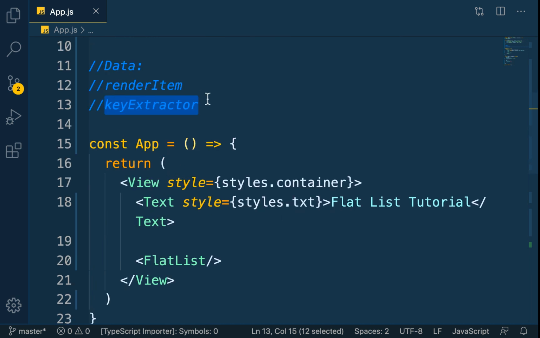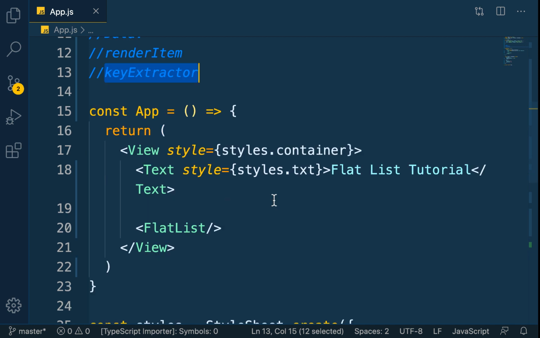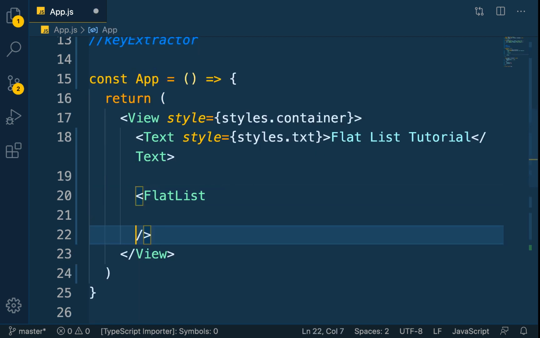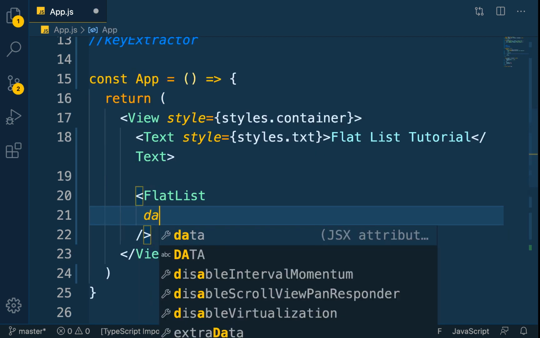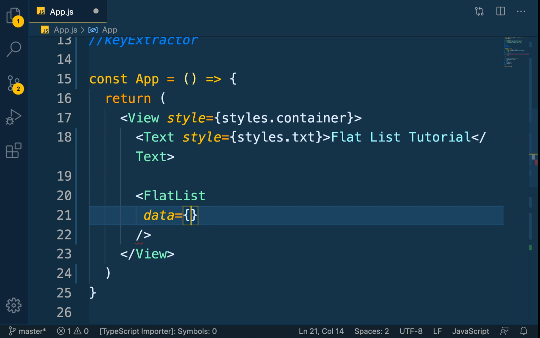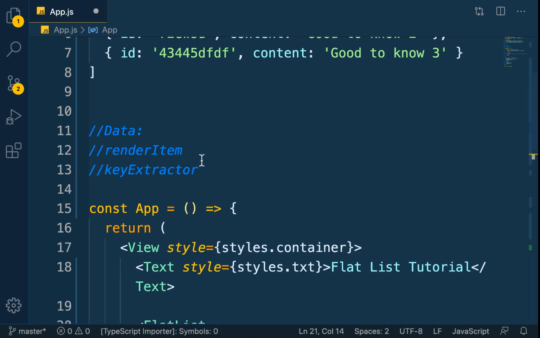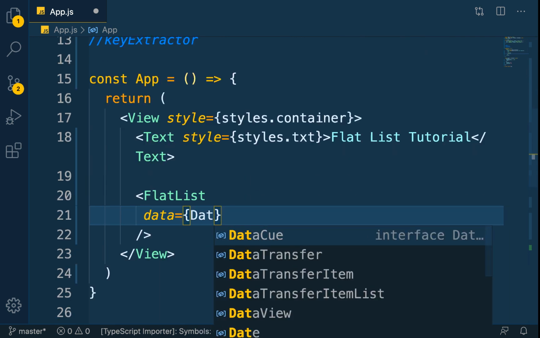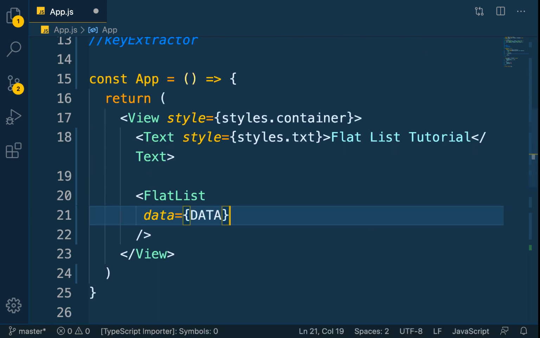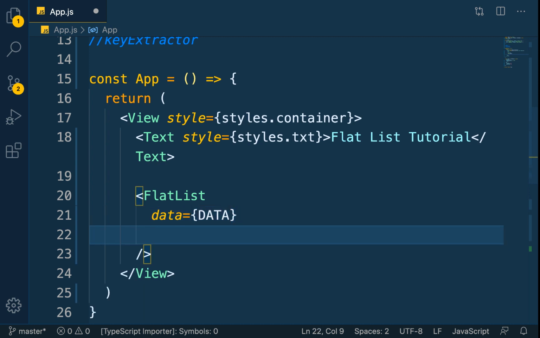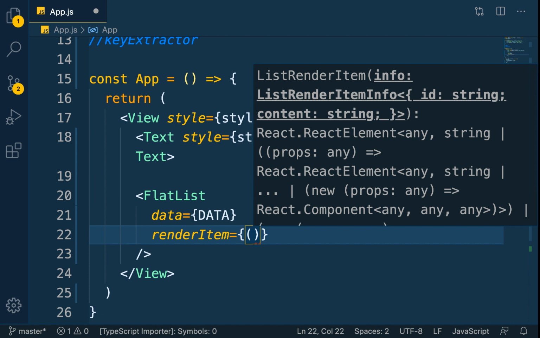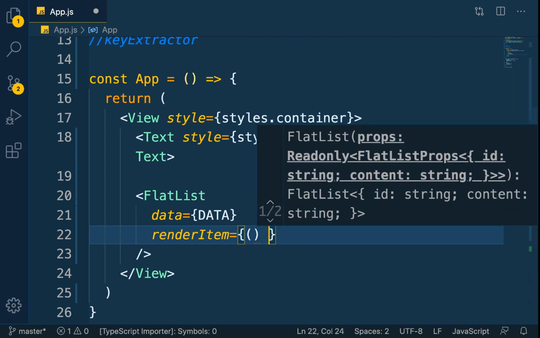So now let's see. We're going to pass in our data inside our FlatList. Let me make it big so I can pass my prop. The first prop is called data, and it will take our data here. Good. And then next one is our renderItem. renderItem is a function that will run for each element in our list. So it will return